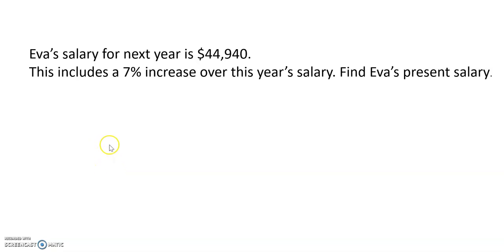Now let's look at how to set up an equation to solve this word problem. Eva's salary for next year is $44,940. This includes a 7% increase over this year's salary. Find Eva's present salary. One thing we need to pay attention to is right here: a 7% increase over this year's